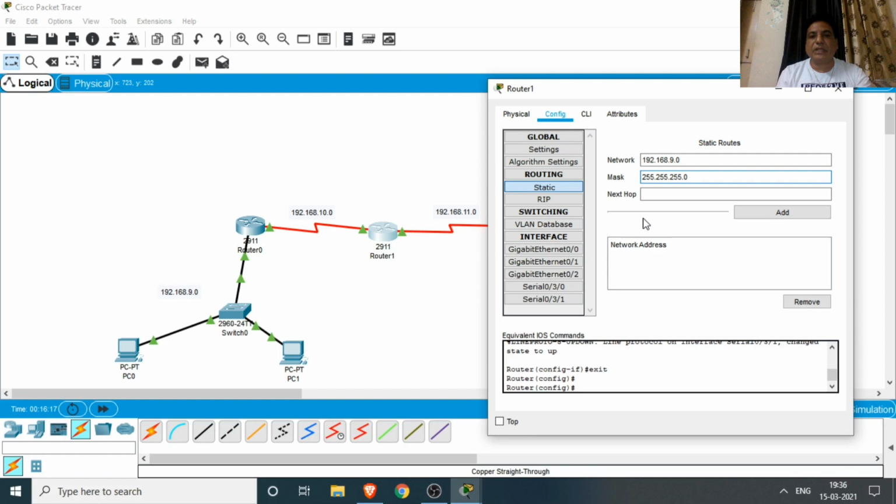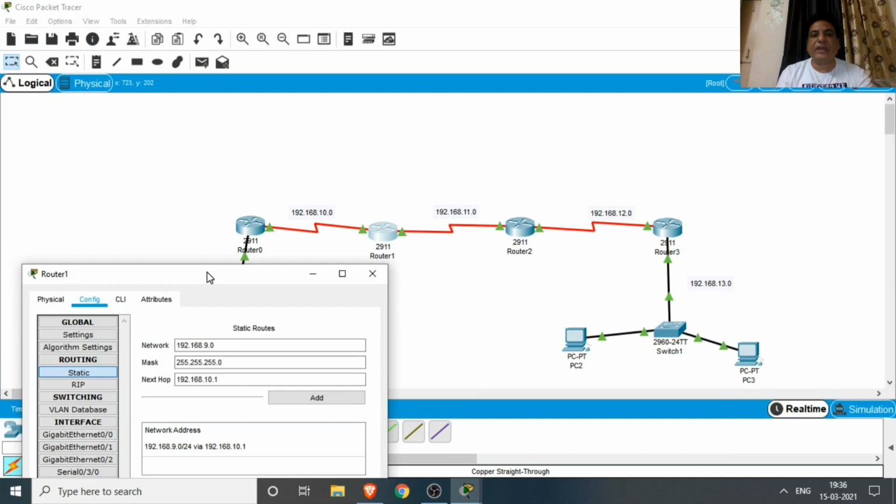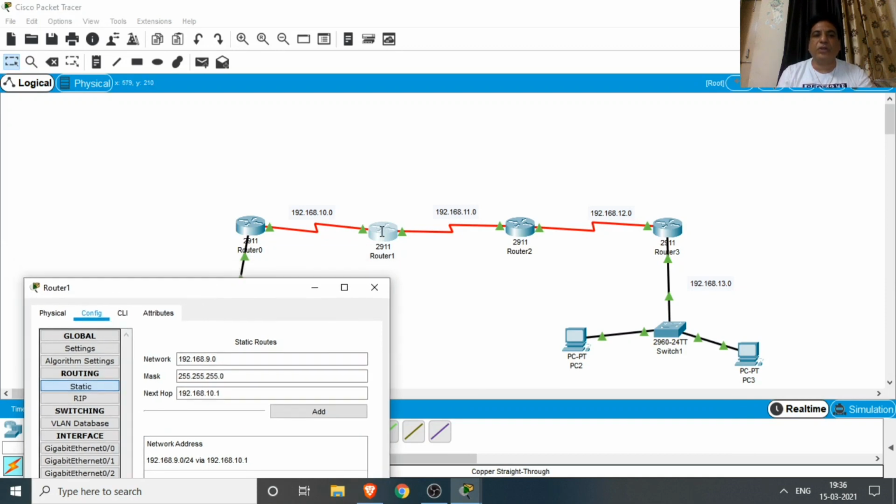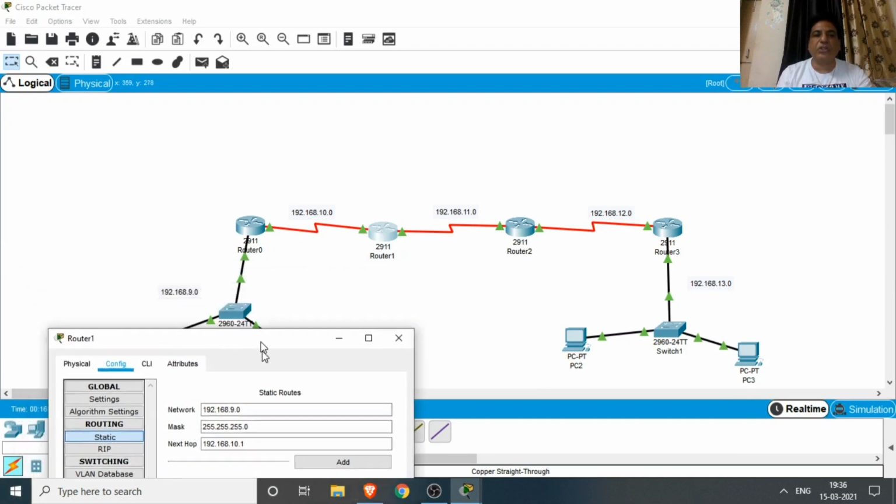Our next hop is 192.168.10.1. Add. So it is possible to move from this router to the 9.0 network.